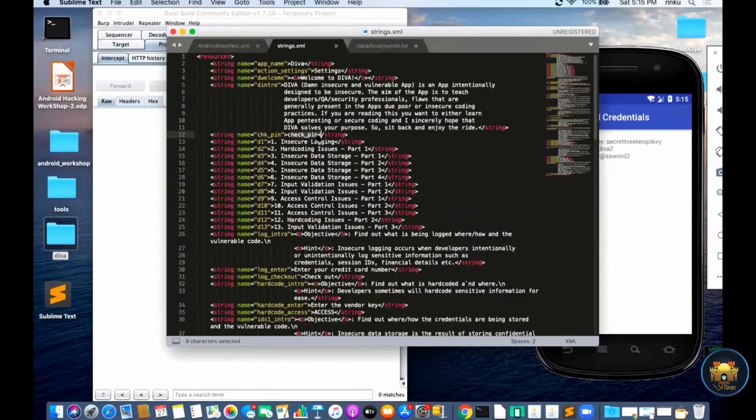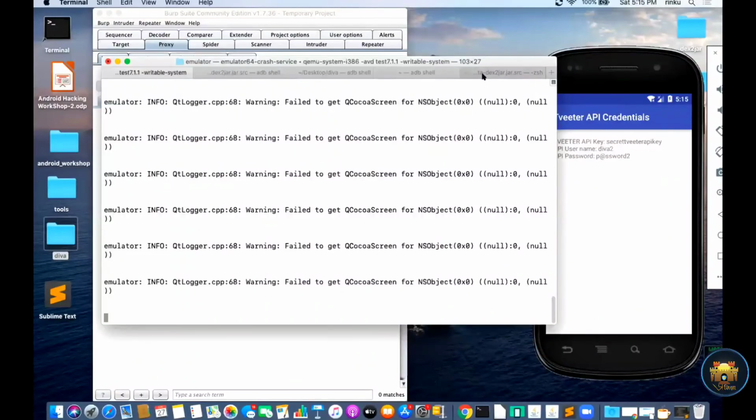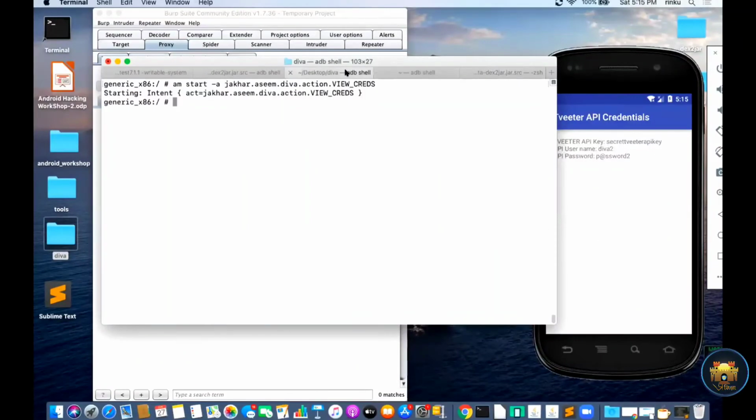So this is the original parameter which carries the boolean value, either true or false. So we can quickly use the Android activity manager to access this intent. So I run here.